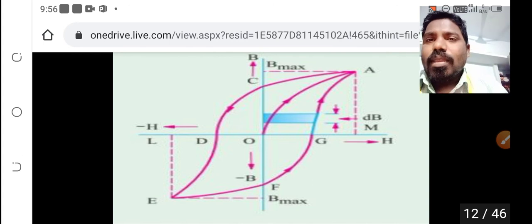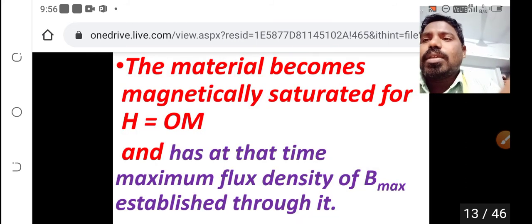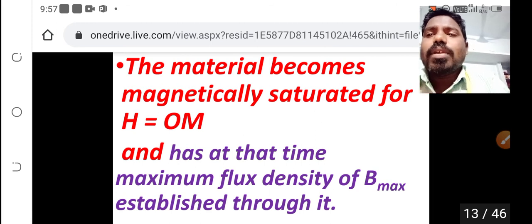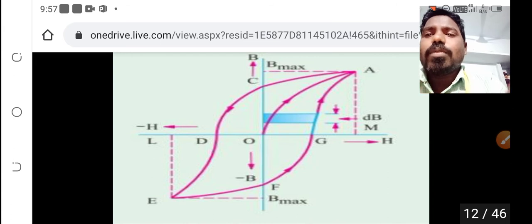Okay, so the curve OA is obtained, as we already discussed. Now see, the material becomes magnetically saturated for H. Whenever we are magnetizing, the curve OA is generated. If we further increase the magnetization, what happens? At the value of H, you can see here from O to H, at the point H, the body is saturated,